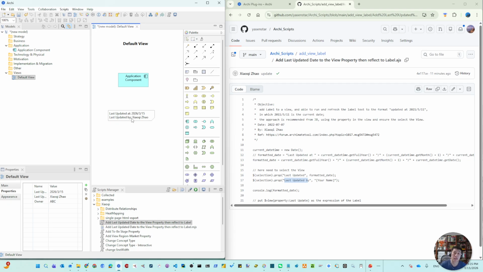That is the way I use it in all of my Archi modeling views, because this is a very convenient script. I hope you can also get that from this repository and use it freely. This repository is also started, and I will keep adding more scripts here. If you like that, give us a star, or you can fork this, then you can come back later to find more scripts